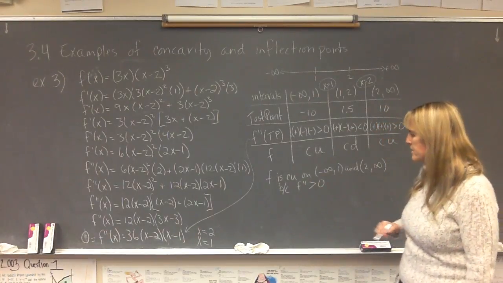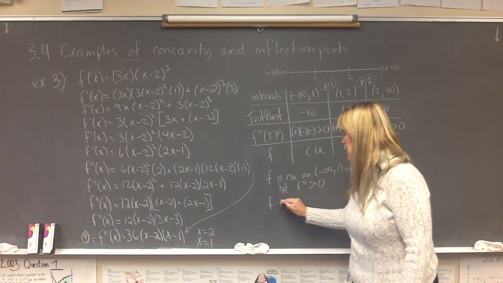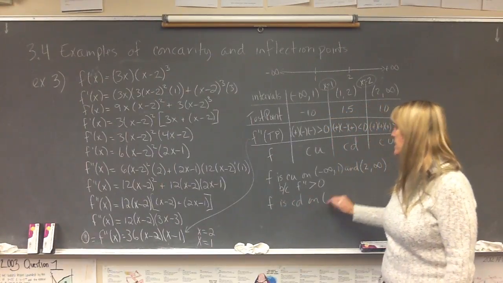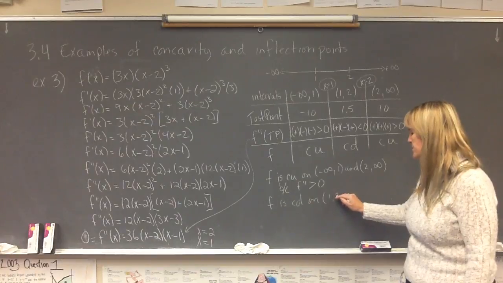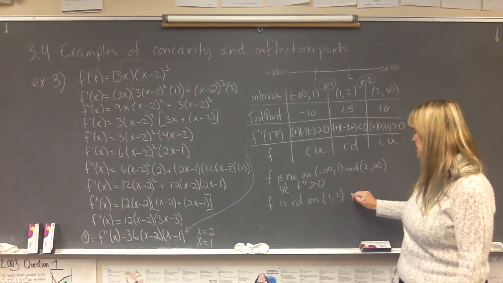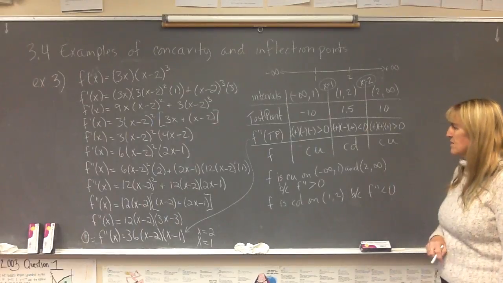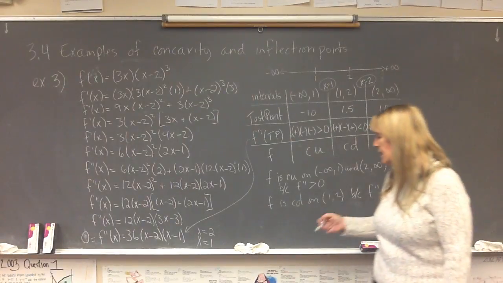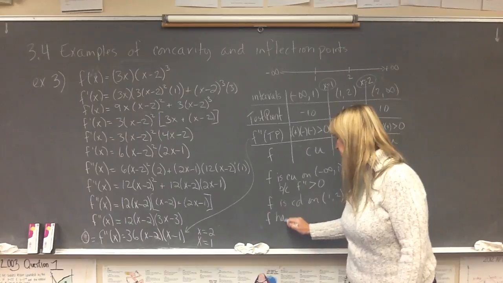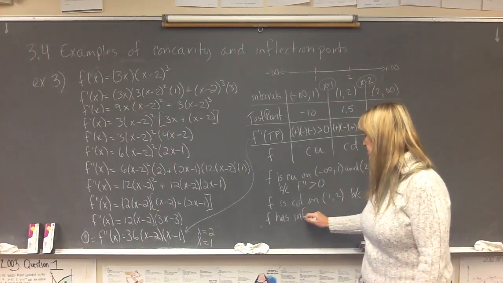F is concave down on the interval in the middle between 1 and 2. And this is because, I suppose I can write that right here, f double prime is less than 0. And f has inflection points